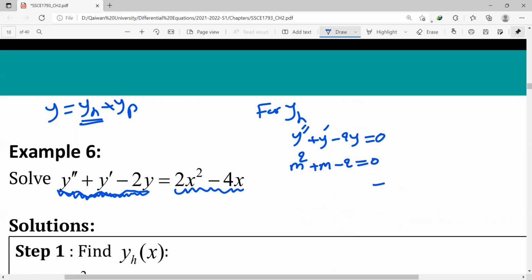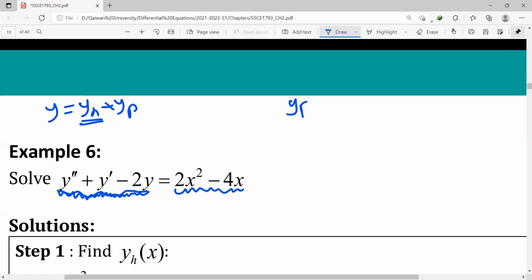To find the particular solution, we depend on the right hand side. Looking at the right hand side as a polynomial of degree 2, the general form of a polynomial of degree 2 is yp equals a